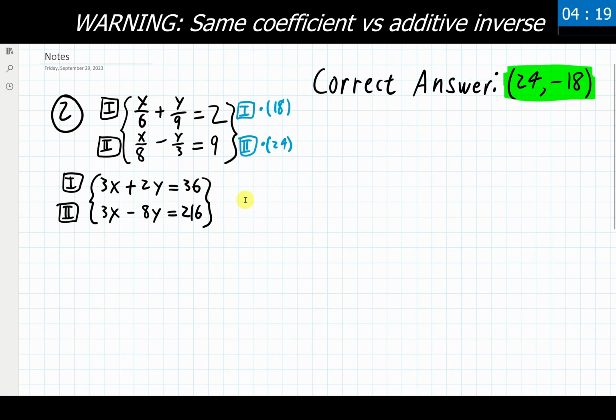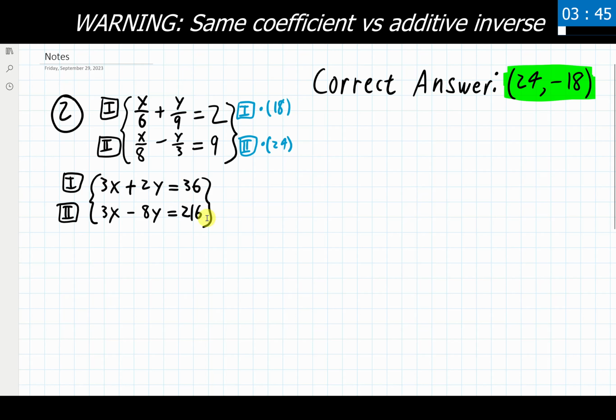A final note and warning that I do want to give you regarding the elimination method and the alternative way that some people like to go through and solve this, if we were to find and make the coefficients the exact same. The alternate methods that a lot of people like to use require us to, instead of finding additive inverses for these variables, find and make the coefficients the exact same, and then subtract the equations together.